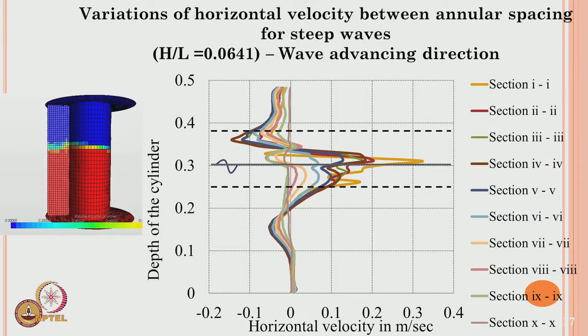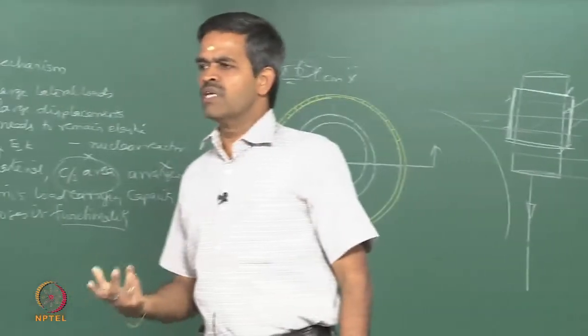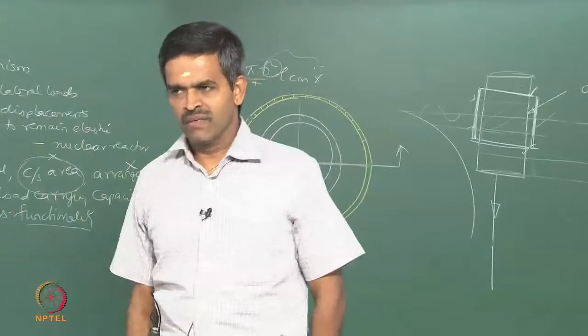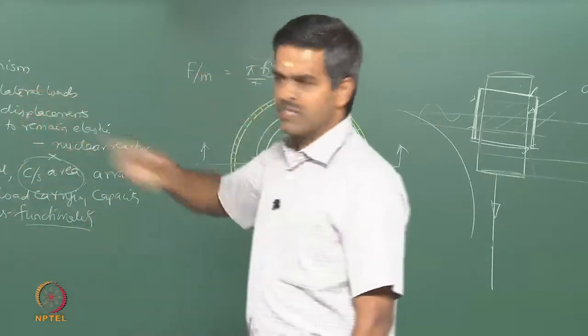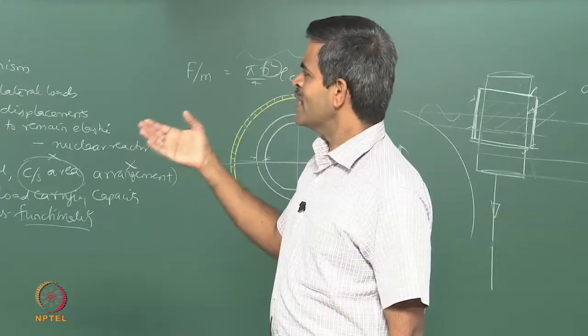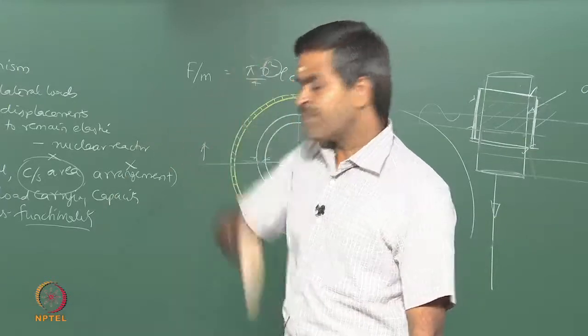So, if you look at the water particle variation, as I said, I want to know the force reduction through kinematics, not by any physical understanding. Kinematics means I want to look at the horizontal water particle velocity and acceleration. Once I know the velocity I can always find the acceleration, because it is continuous in the time domain. So, we were interested in looking at the velocity variation along the depth of the cylinder,